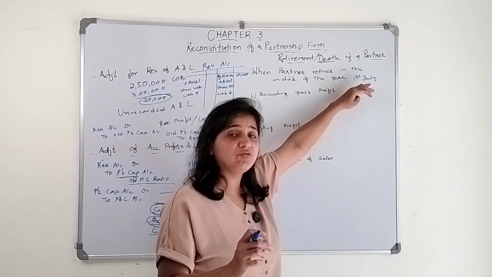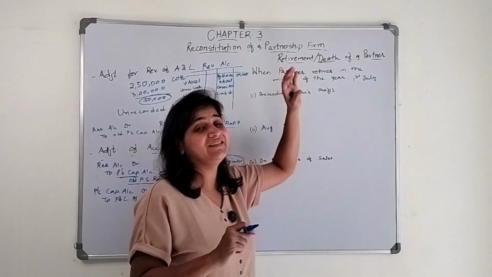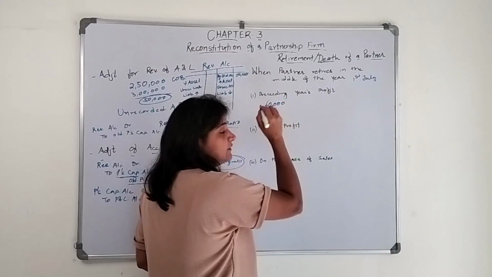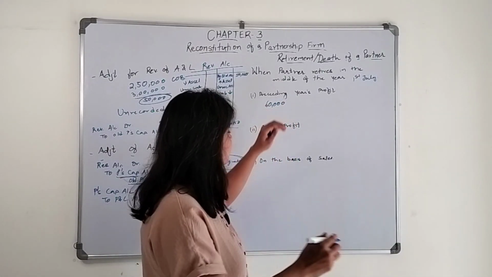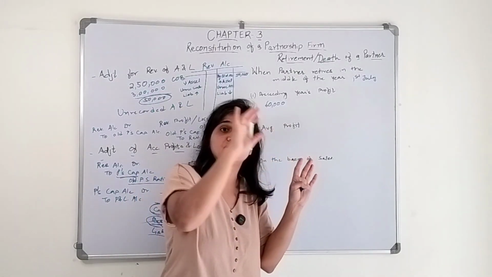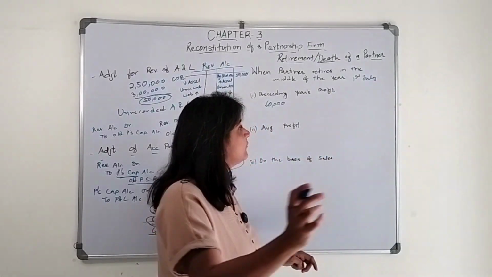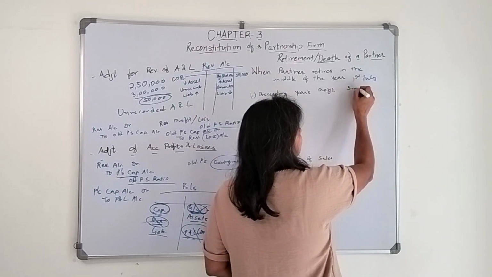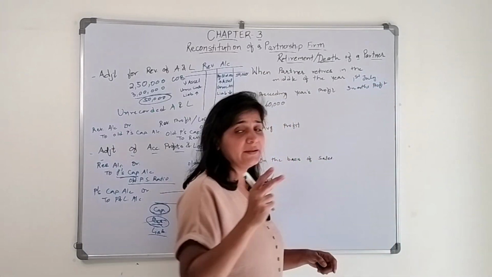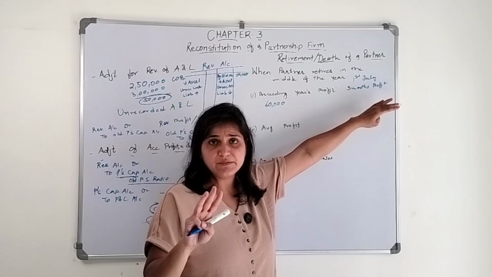So in that situation, there are three cases we need to consider. We need to consider the preceding year's profit. Let's say the preceding year's profit was 60,000, right? This profit is for the whole year. But here the partner is retiring on 1st of July. So we need to calculate the 3 months profit, that is April, May and June. We will give the profit of 3 months only to him.